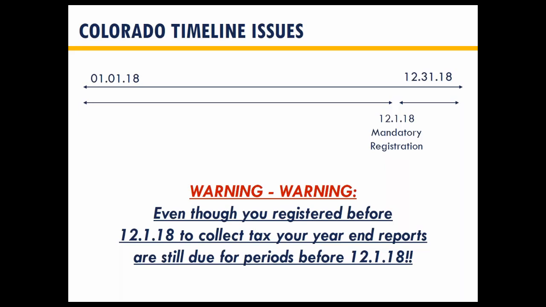Well, then they come, 1st of December, with mandatory registration. All right, so I've gone and registered. But that annual report I was supposed to be doing, and the annual reports to people I was supposed to be doing for the first 11 months or so of the year, that's still due. I haven't heard if they're going to be out there searching for people who didn't send them in or not.